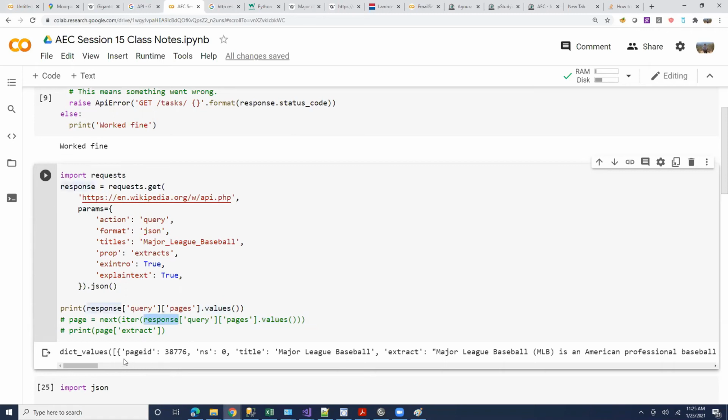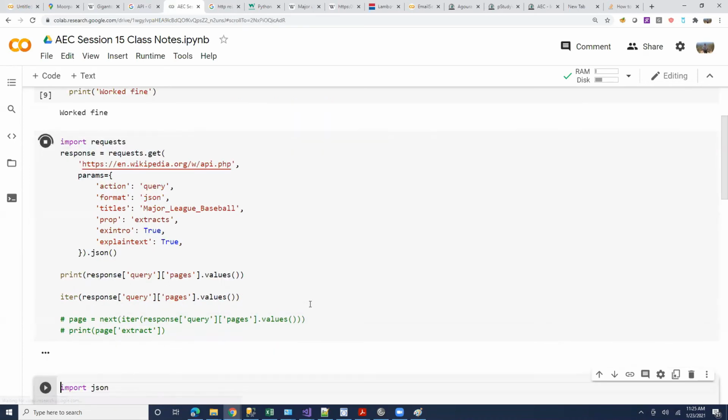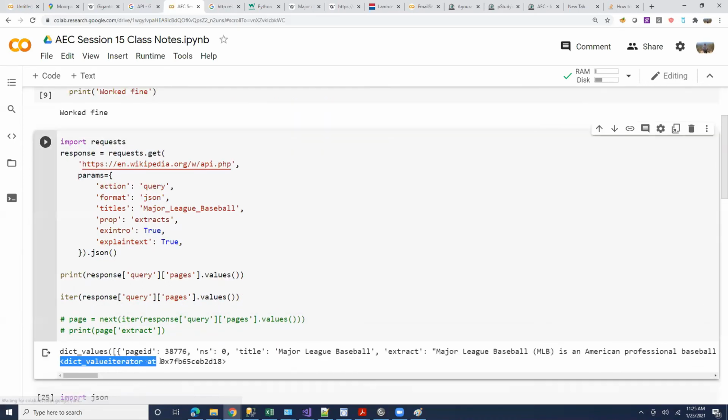So values is right now a dictionary values collection. I'm saying, okay, make it an iterable one. So when I say iter of this, let's see if I can even print this. It doesn't do anything. Yeah, so it gave me an iterator. Iteration, you guys probably know or have not. If you haven't heard of it, it's just a fancy way of saying I'm making it so that I can loop through by index. So go 1, 2, 3, and so on.